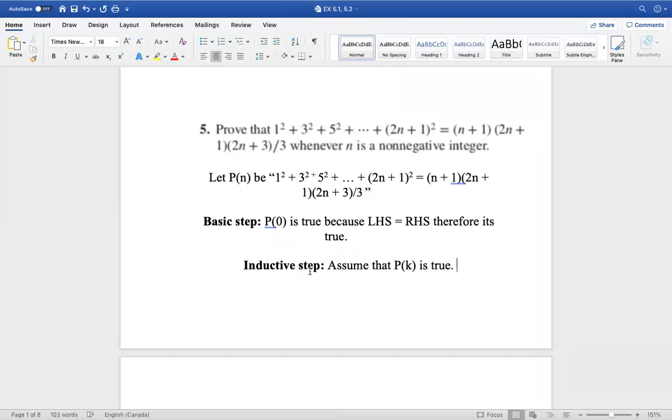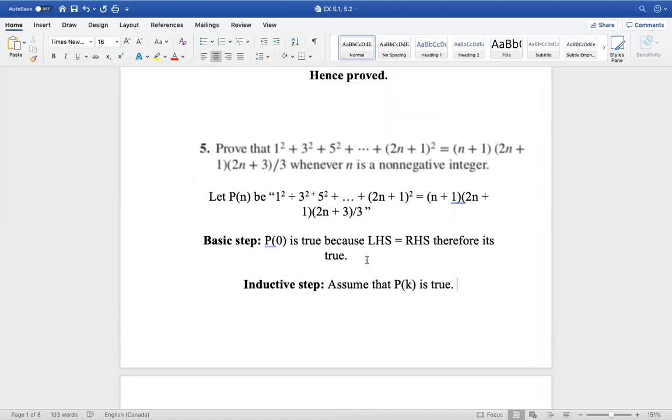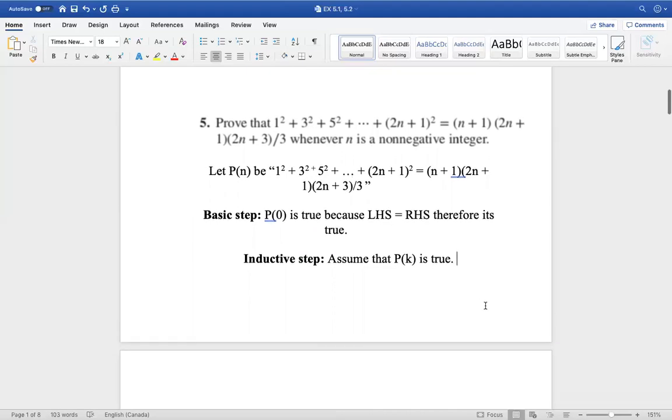Okay, so here in the inductive step, we assume that the basic step always covers the smallest instance from the domain. In the inductive step, we take the number which is greater than the smallest instance. So now we assume that P(k) is true. So then k is